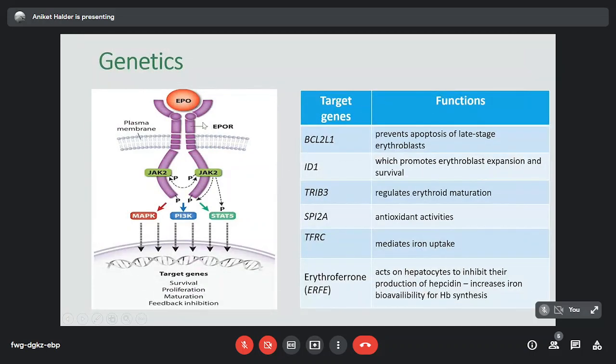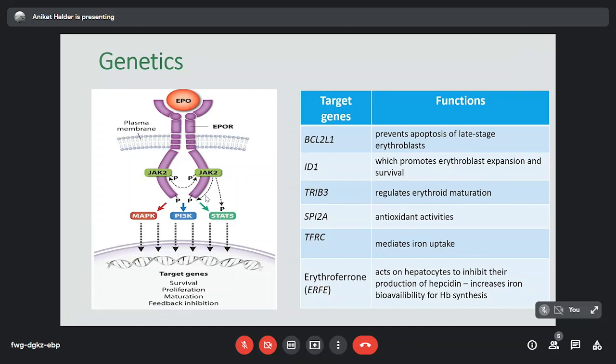So if we look at the erythropoietin and erythropoietin receptor interaction, when erythropoietin binds to the erythropoietin receptors, there is multimerization of the receptors causing activation of the JAK2 protein. This JAK2 molecule, once activated, undergoes phosphorylation and phosphorylates the adjacent JAK2 molecules. This JAK2 phosphorylation causes further phosphorylation and activation of the cytoplasmic tails of these erythropoietin receptors, causing an intrinsic tyrosine